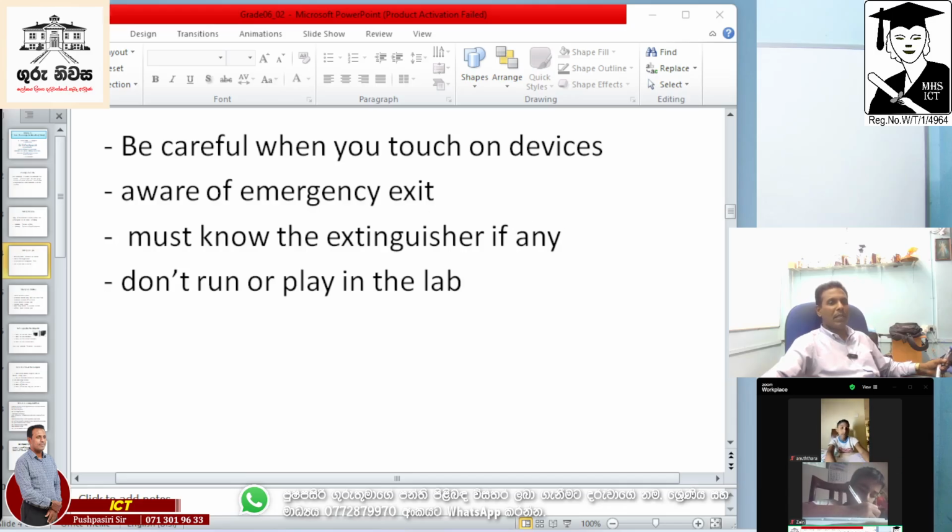ඒ කියන්නේ මොකද්ද පුතේ? So you should not touch each and every device because sometimes there will be a power problem, no? Sometimes power leakage will be there, so when you touch the device you will get an electric shock, no? So therefore we should not touch the devices unnecessarily. Right, next one is